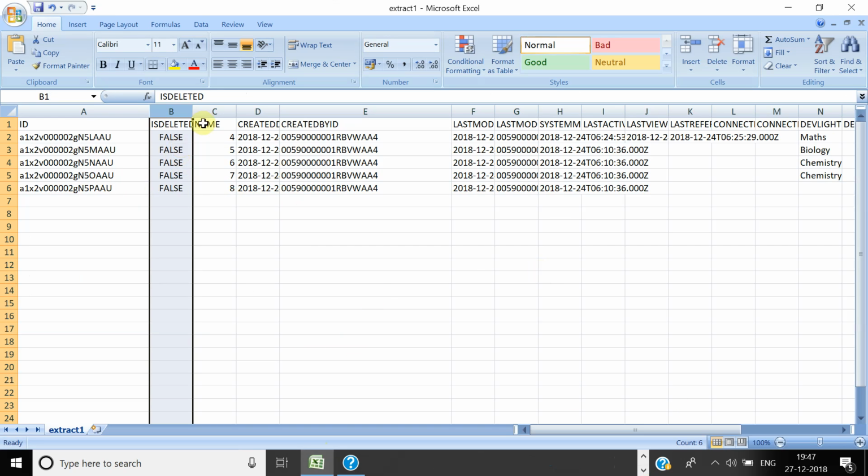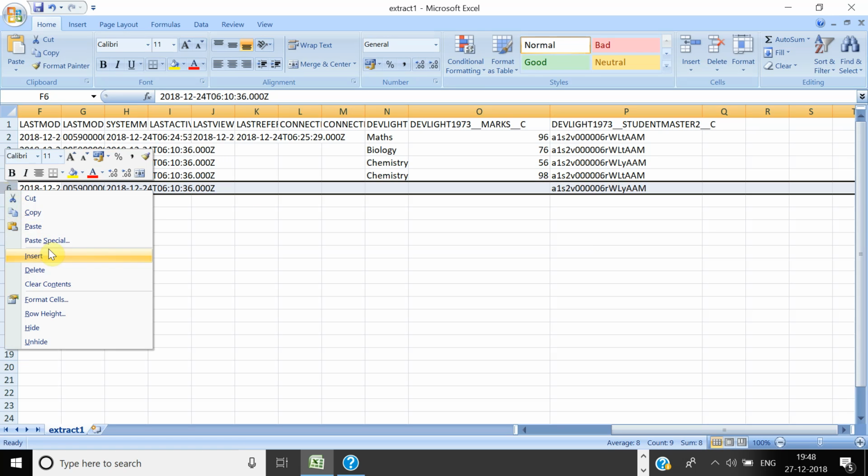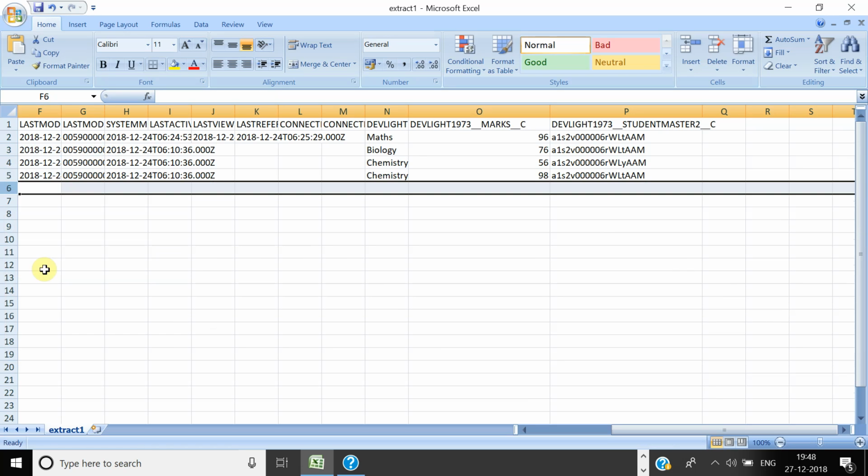First and foremost, we are going to change these values to 96, 76, 56, again 98, and there is no subject mapping here, so we'll skip that one. Let's clean this table. Let's remove the last one which doesn't have a subject mapping, because I don't want the records to fail. This is something you need to ensure: you need to have the correct master record associated with it. Right now I have kept the same values, only I'm changing the marks.